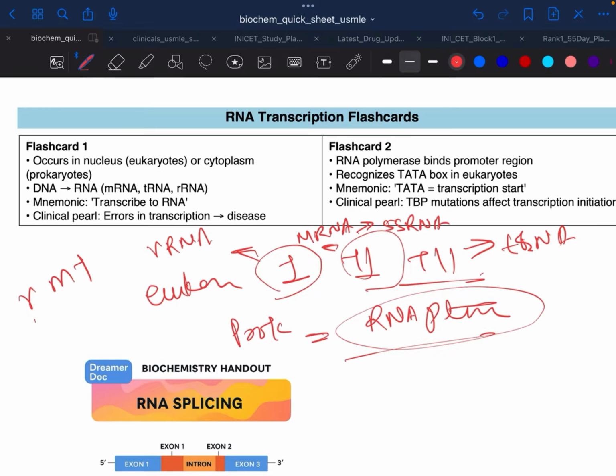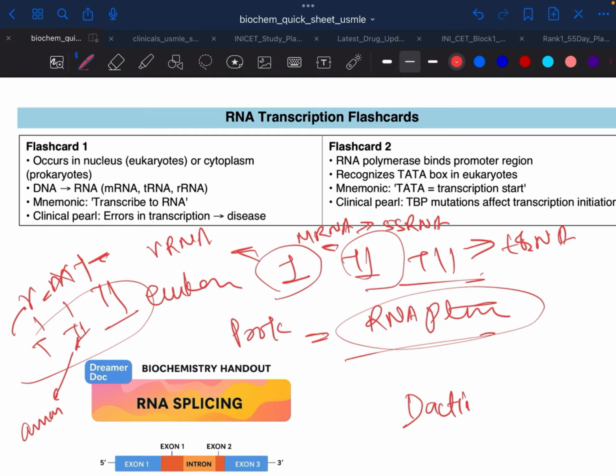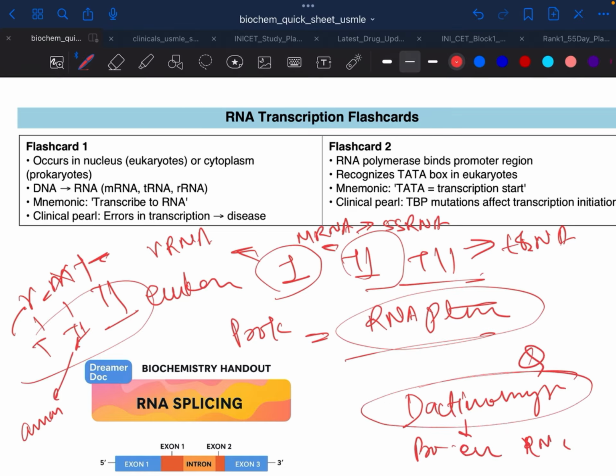Okay, so you can remember by RMT. Okay, 1, 2, and 3. This polymerase does this rRNA, mRNA, and tRNA. Defect in this RNA polymerase 2 will cause problems, caused by amanitin. Amanitin inhibits this mRNA synthesis. Okay, and this will cause hepatotoxicity and this comes in mushroom poisoning. And 3, and we know that dactinomycin, which is an antibiotic, inhibits both prokaryote and eukaryote